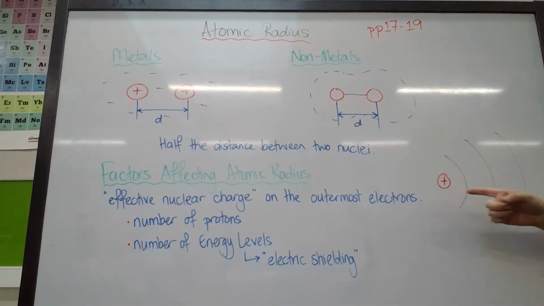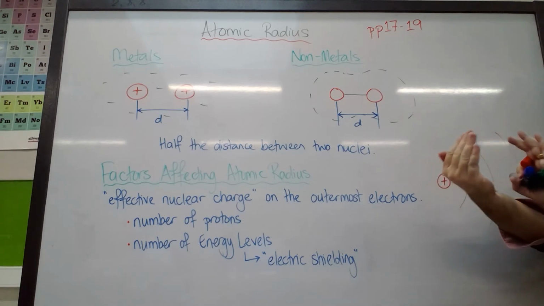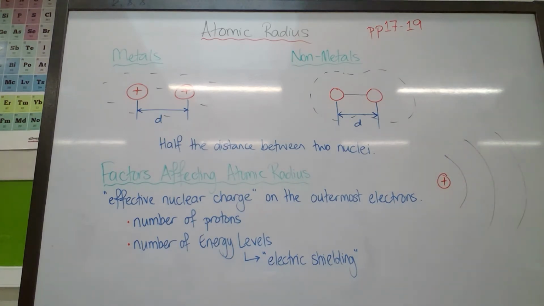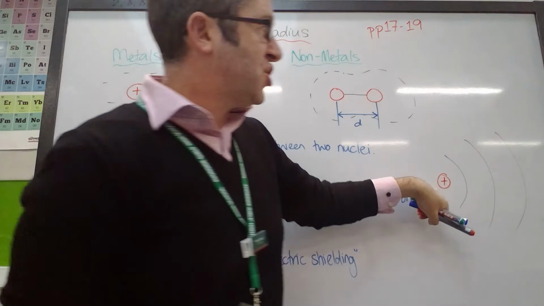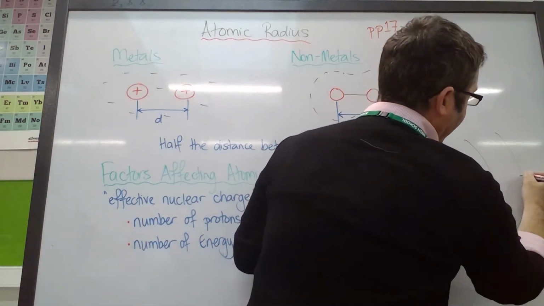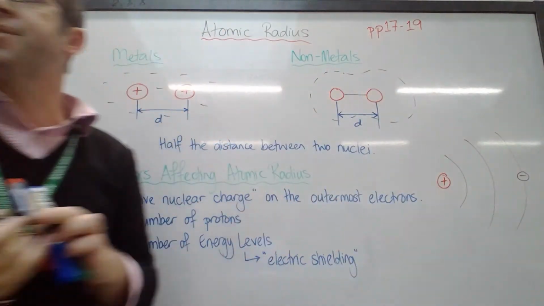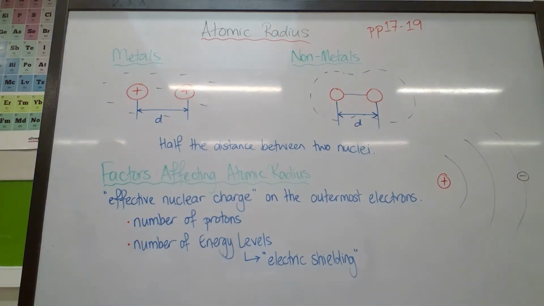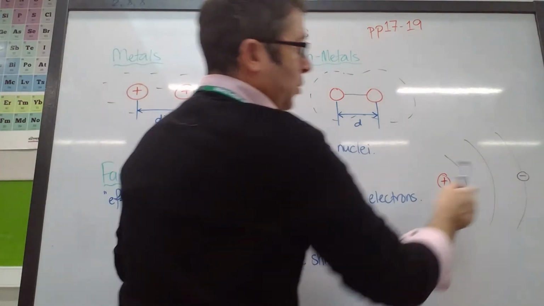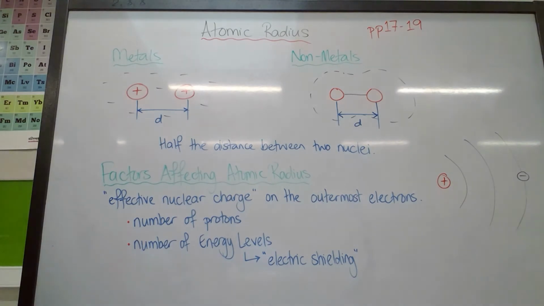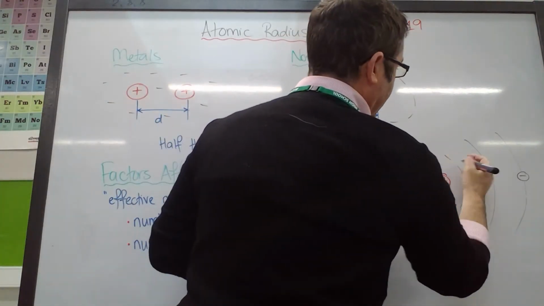Distance is an issue. Just like if you think about magnets, if you pull them further away from each other, the effect of their magnetic field reduces. They don't attract each other as much. But when you put them close together, they're really hard to pull apart. Same thing here. The effect of that nuclear charge on an electron out here is reduced because of distance. It's also reduced because to have an electron here, these two energy levels must be full. And so if I've got lots of electrons in here,